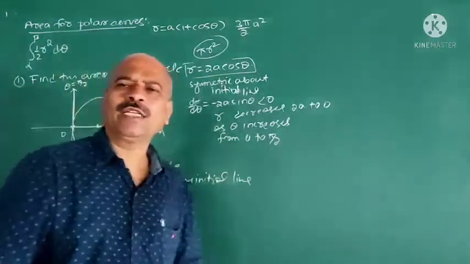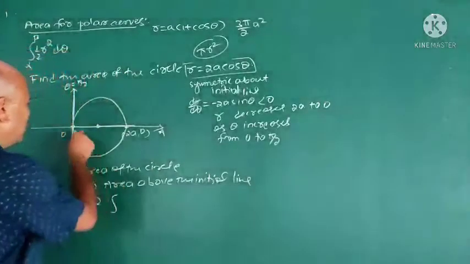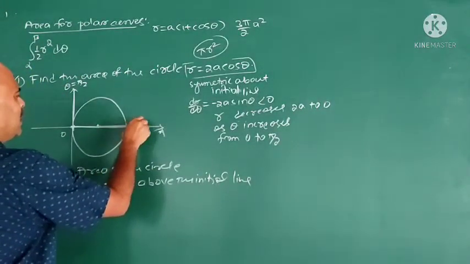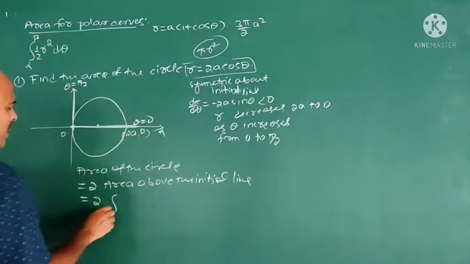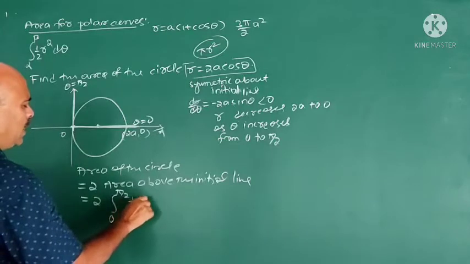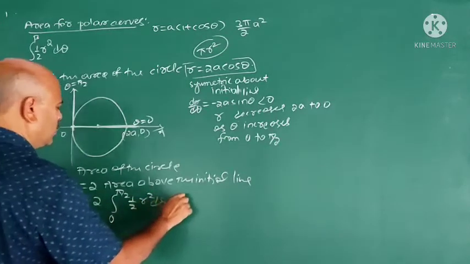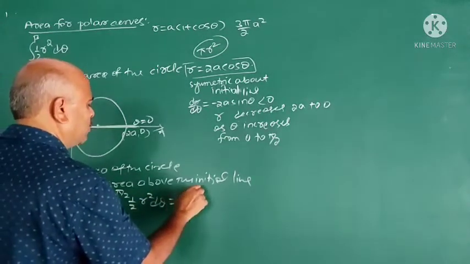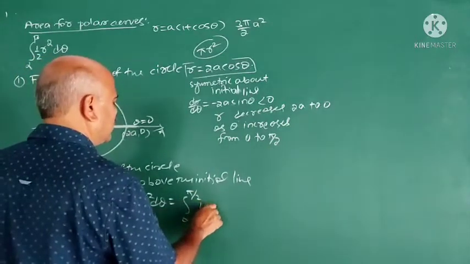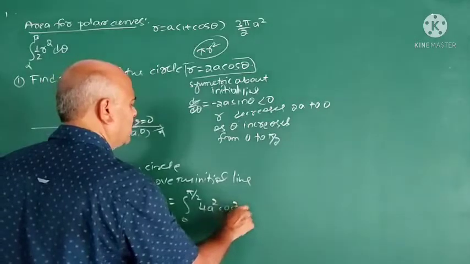What are the radii vectors bounding the area? That is the upper half of the circle. The two radii vectors are: one is theta is 0, second is theta is pi by 2. So the limit is 0 to pi by 2, half r square d theta. So it is 0 to pi by 2, the 2 cancels, r square is 4a square cos square theta with respect to